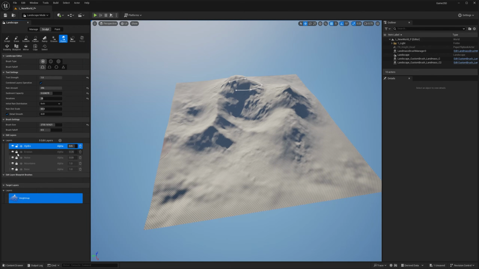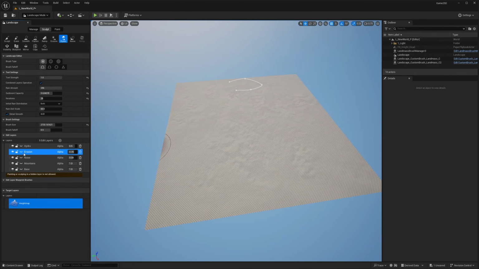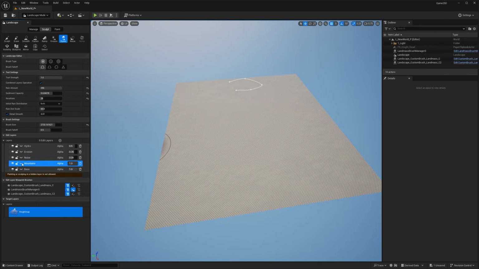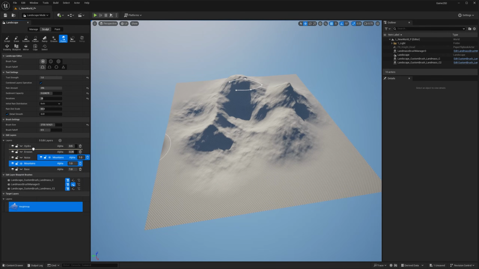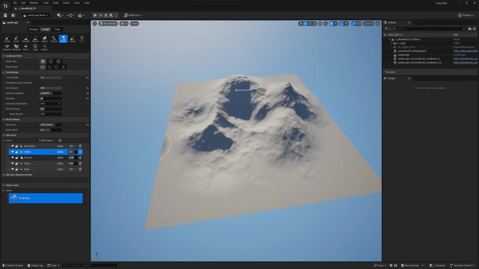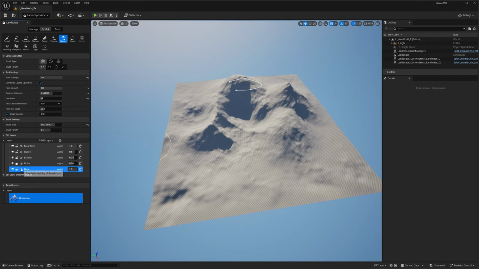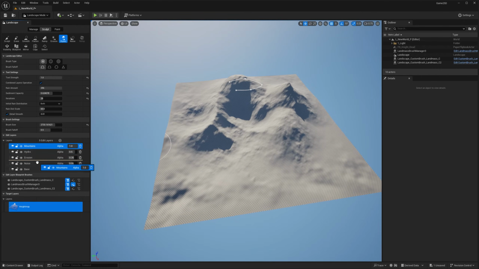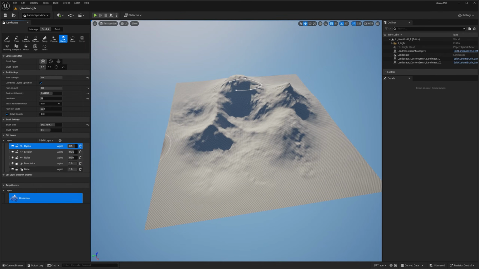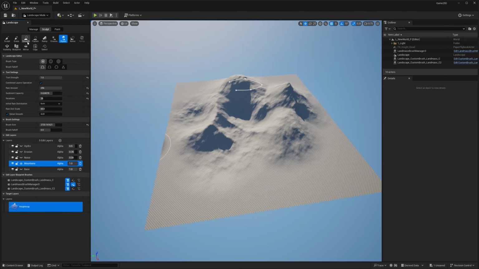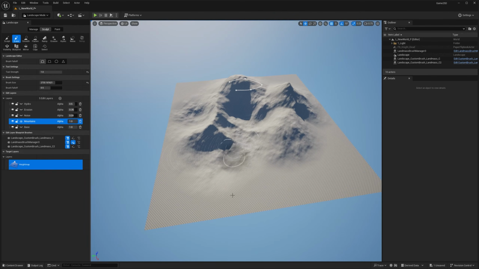Just like that, if I enable everything and I start removing, you can see everything that I do. And because this is non-destructive, I can enable stuff. For example, if my mountains come after everything, then the result is changed. The order of these factors here will change how this looks. So you can play with that. You can hide and see exactly what kind of detail that you did. Maybe you're not happy with something in this mountain here, so you can just go to that layer and say, you know what, erase that.